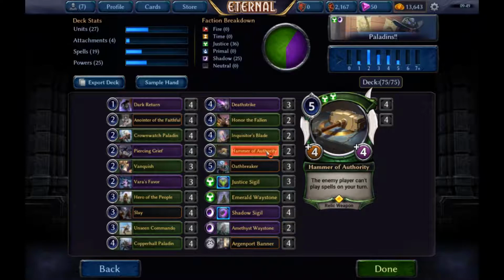It can pick up some Aegis or some Warcry from the Crownwatch Paladin, and it can also help get rid of some smaller, more annoying units if you're against, say, a bit more of an aggro deck. So it fills a role that Protect doesn't. And the other advantage it has over Protect is that you'll play Hammer of Authority this turn, and then next turn you'll try to combo off, whereas with Protect, you have to have it ready the turn you